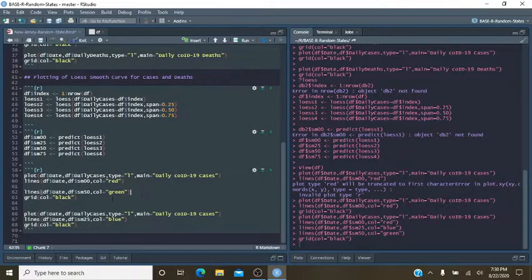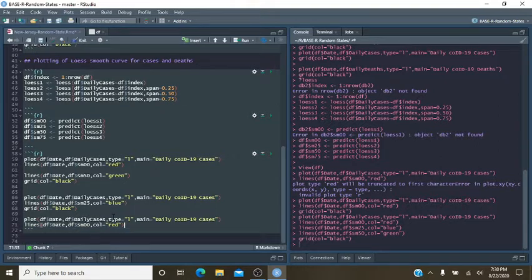There's 0.25. So let's just change all these to red.